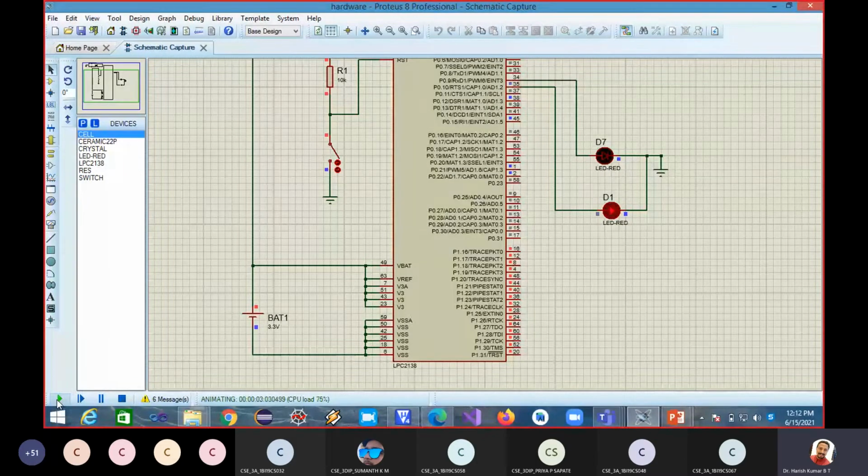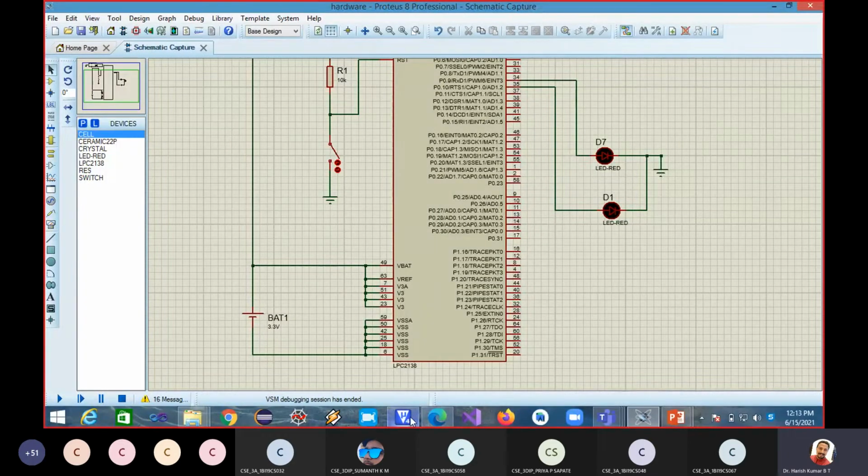Okay. Now what we will do? We'll try to use all the port pins. So P0.0 to P0.7, 8 LEDs we will take now. So all the LEDs we will try to make glow. Let me stop this.